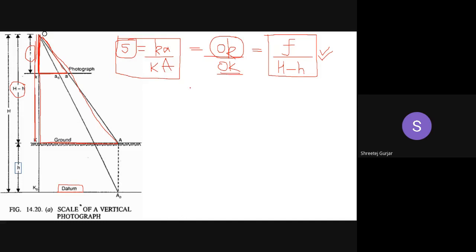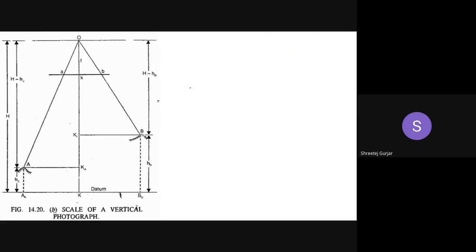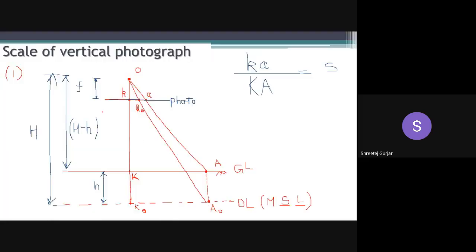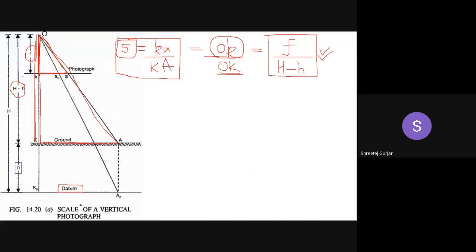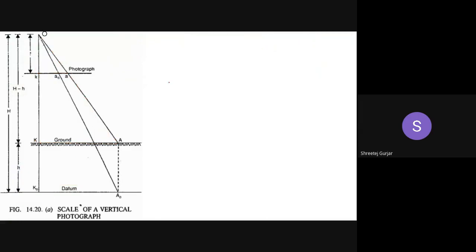Okay, now moving on to the next diagram. Similarly, I have drawn this particular thing. Let me once again draw it, and I'll explain how it is drawn. Now the second case; the first case is what you see on the screen. Now I'll draw the second case. In the second case, the ground is not level. In the first case, you can see all the points on the ground are level, at an equal height h. But here in the second case, that is not the case.